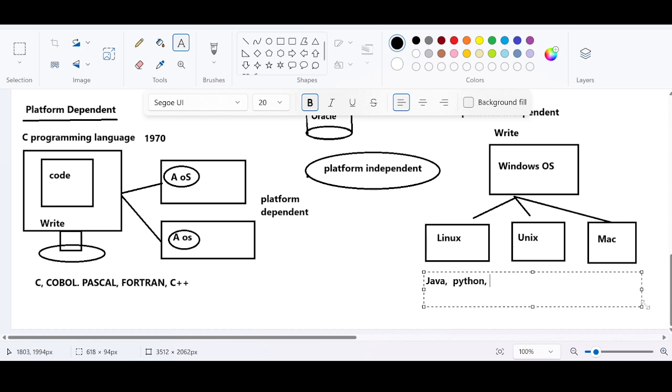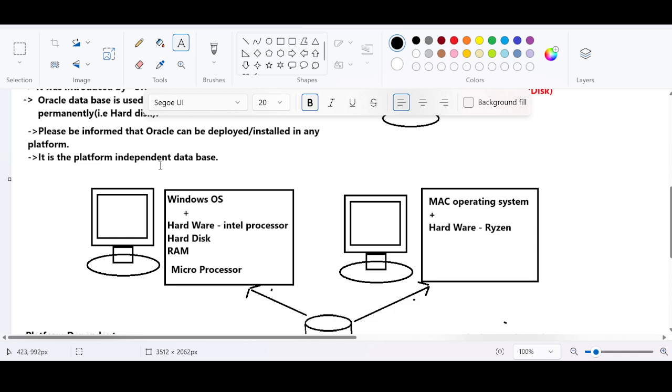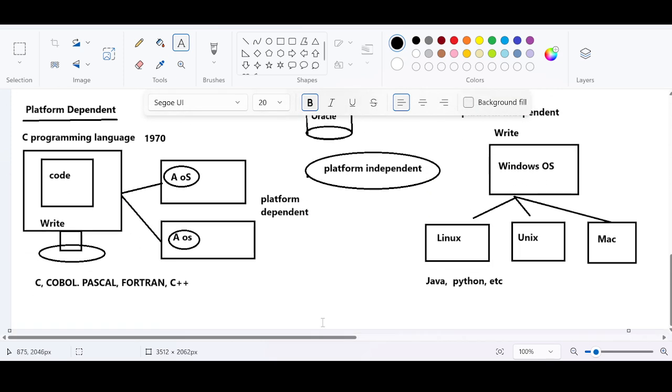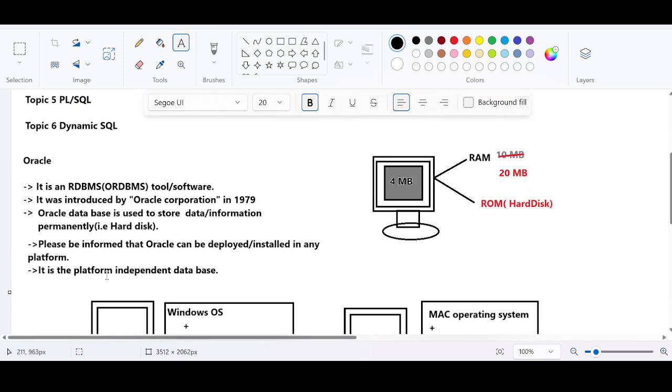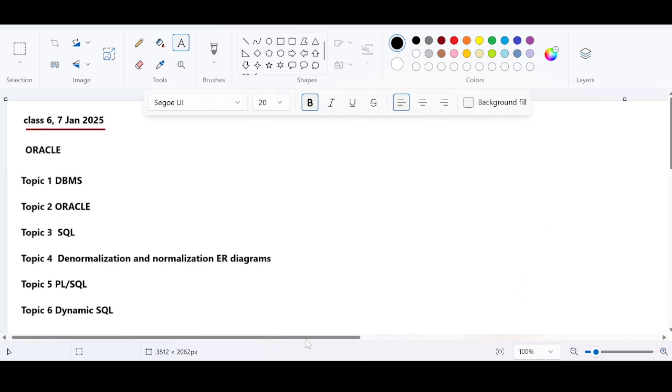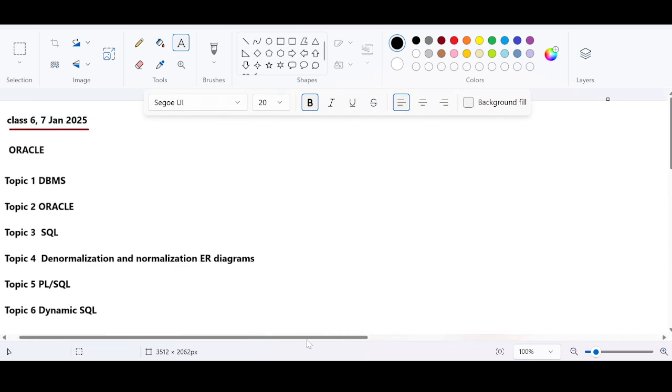So there are programming languages that are called platform independent, like Java, Python. You have .NET, etc. Ruby, all the latest programming languages. Okay, so Oracle is what? Oracle is also a platform independent database. That's what I mean to say. Okay, after saying this, now we have understood what is Oracle. And if you talk about the Oracle versions,